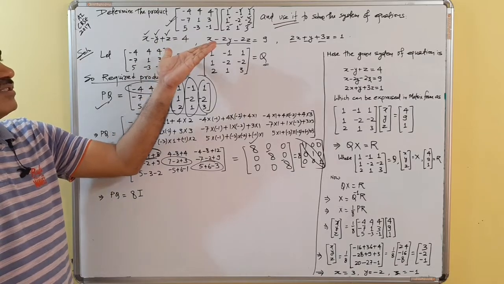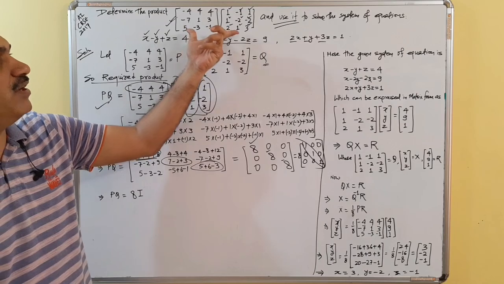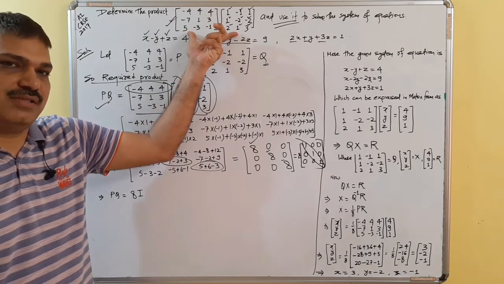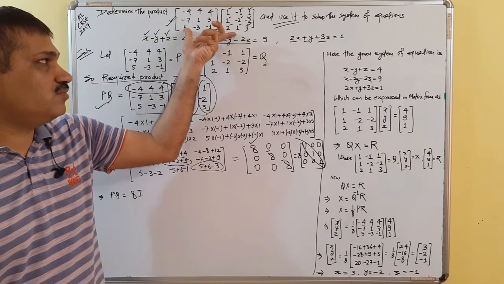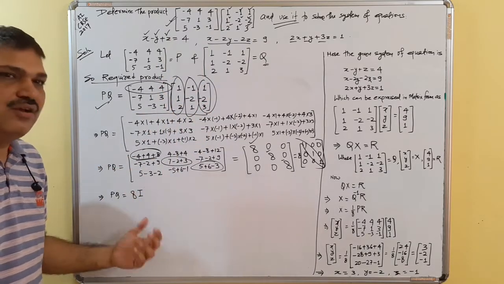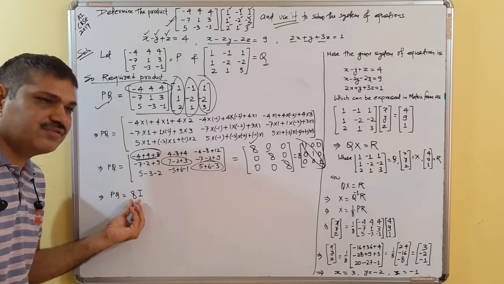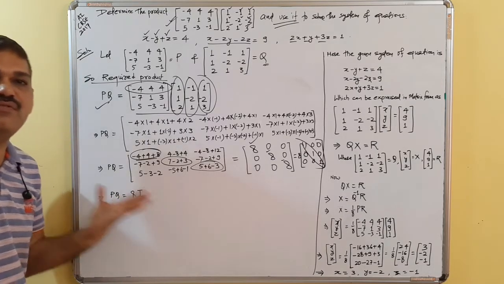This is how the question is framed. This kind of question has been asked many times in CBSE. What is given? We are to find the product of two matrices. Actually, the product of these two matrices comes out to be k times I, sometimes simply I, 2I, 6I, minus 7I, or whatever, some constant scalar multiple of I.